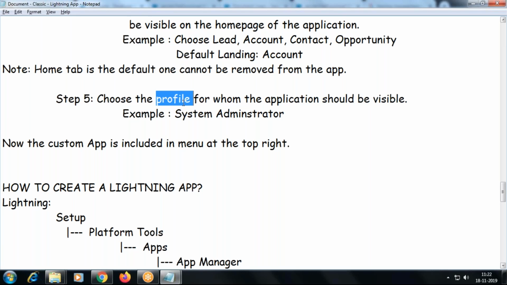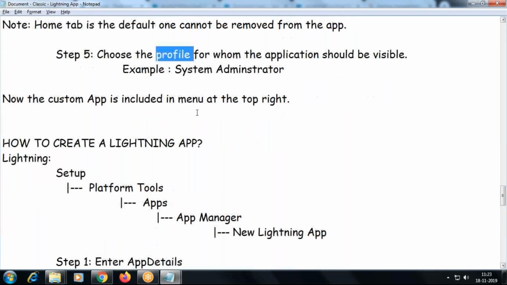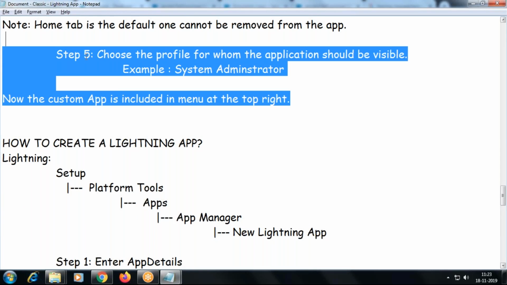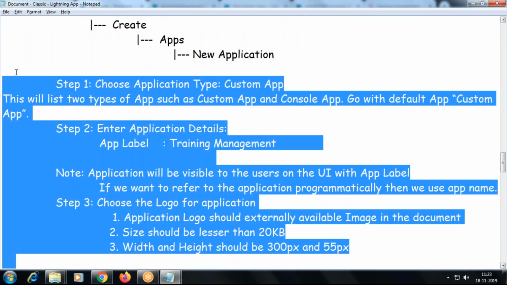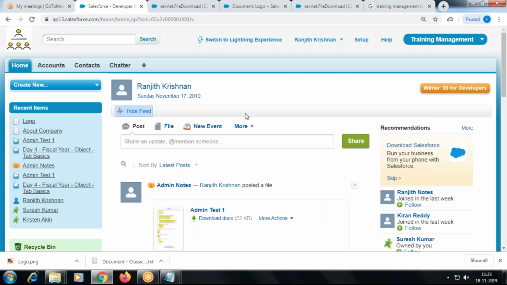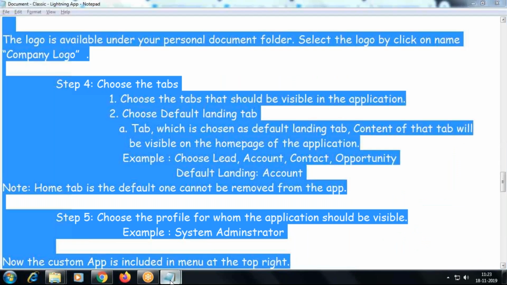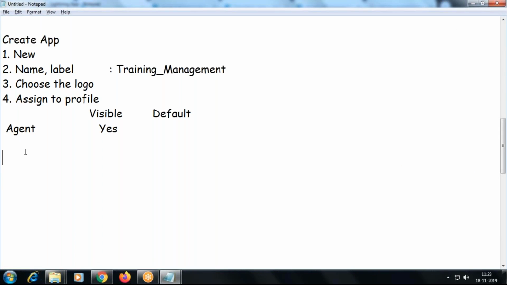Okay, profile is where you have all the permissions you are going to assign to the user, right? People got clarity on how to create an application in Classic, right? We'll move on to Lightning now. Before I go to Lightning, Classic application,